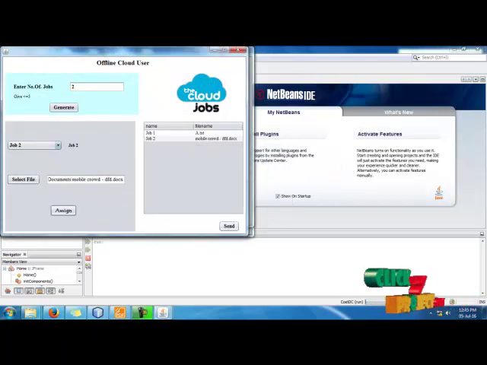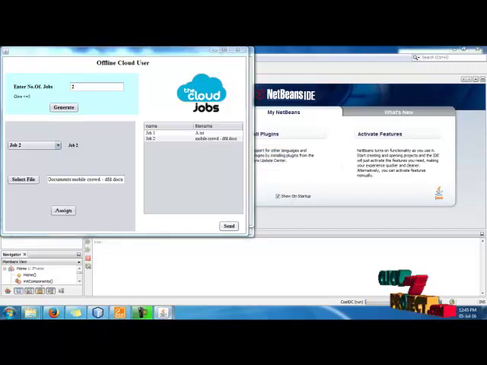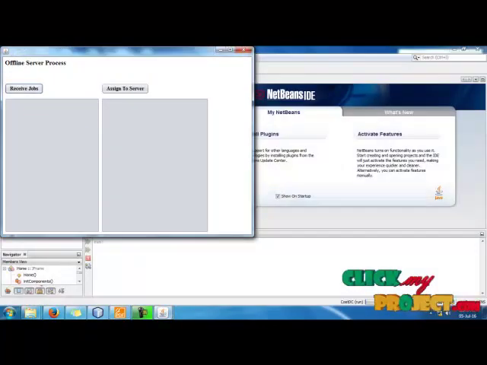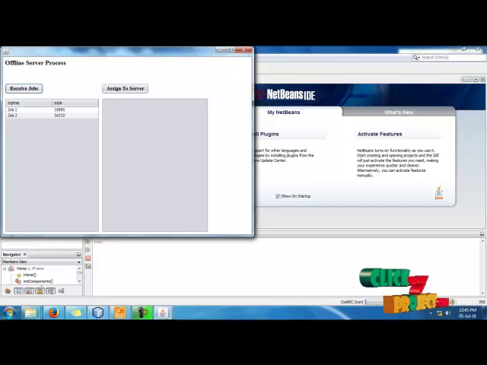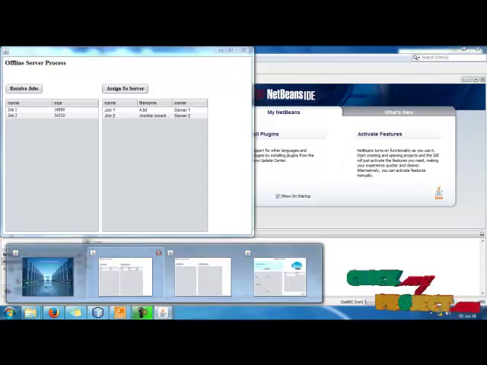Both of the jobs are designated now, and we send the files. The jobs will be sent successfully to the offline cloud servers, and they receive them, with job 1 and its size, and job 2 and its size, and assign the servers. Job 1 is set for server 1, and job 2 for server 2.